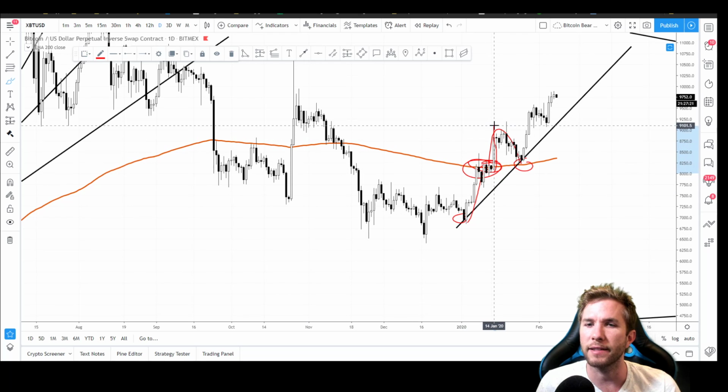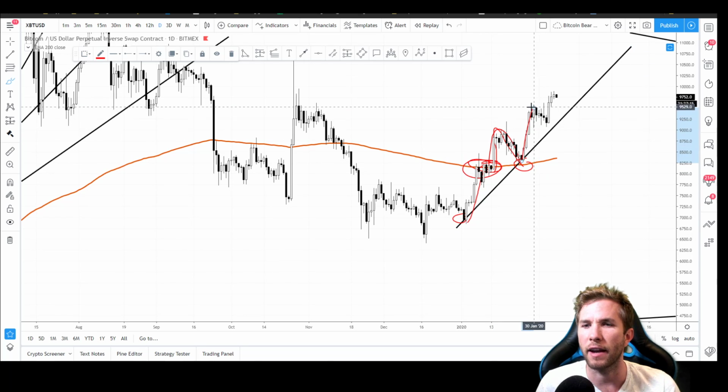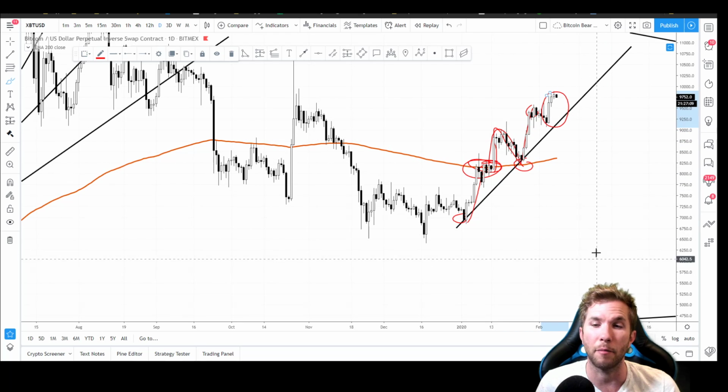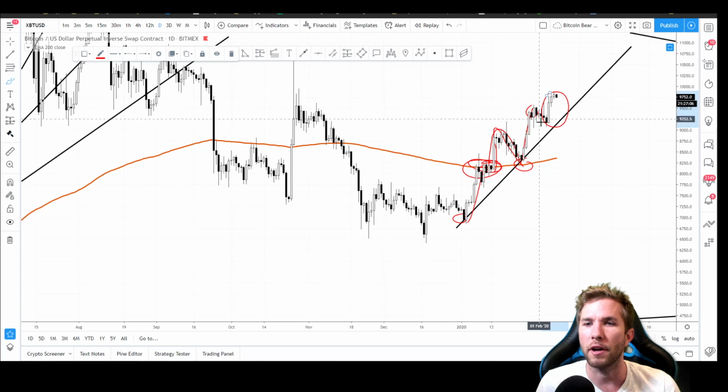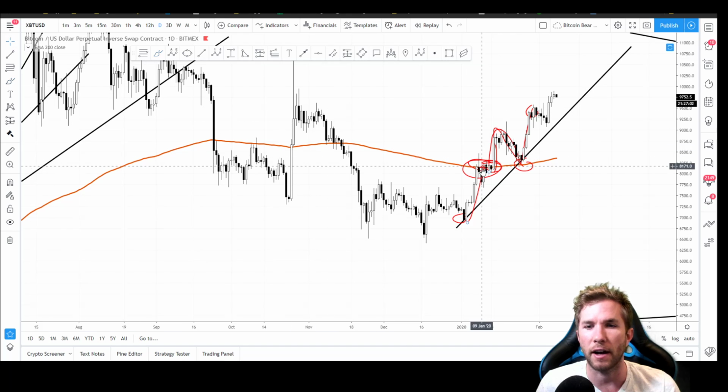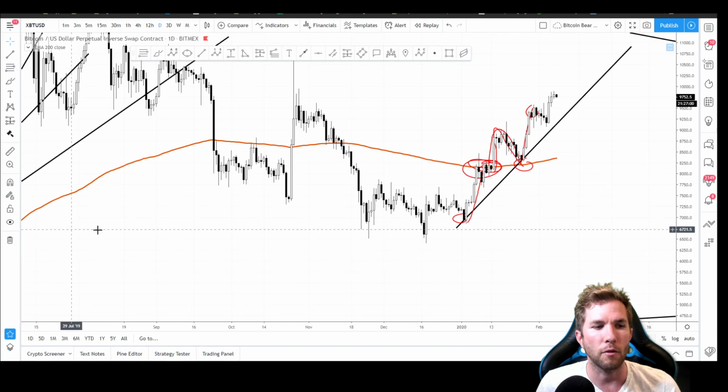And then we had this massive candle, and then once it pulled back to this 200 EMA, that's where I got long, and I actually took profit right around 94, 9,500. So I'm not in a position on here. I've mostly been trading altcoins because dominance has been breaking down, but this is a really good example of invalidation and validation, right? So I was